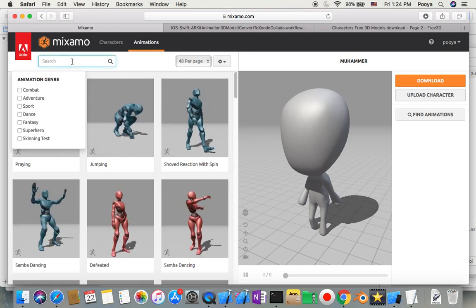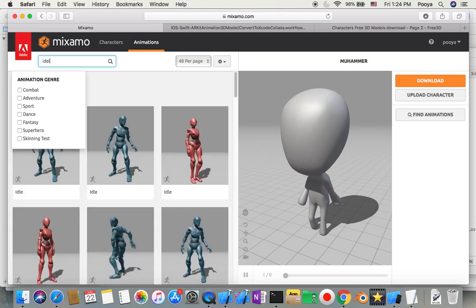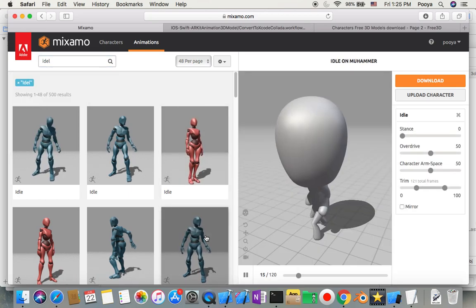animation. So first I give it some idle action. So what I have planned to do is make two animations, one for the idle situation. In games you will see sometimes when a character is stuck, it just does some idle movement. So you will give some idle movement like this,